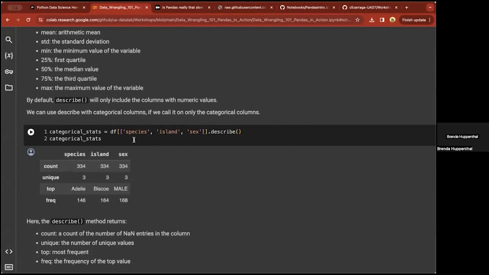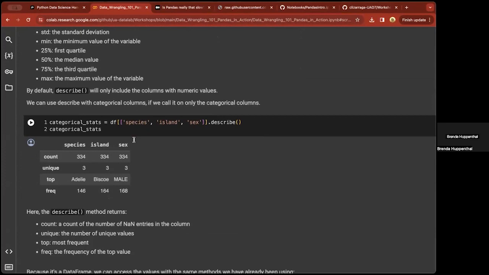So in this case, species, island, and sex, and call .describe on that. What that will return instead is, again, a count. It's going to tell you how many unique values it's finding. So in this case, there are 3 unique values for species, 3 unique values for the island, and